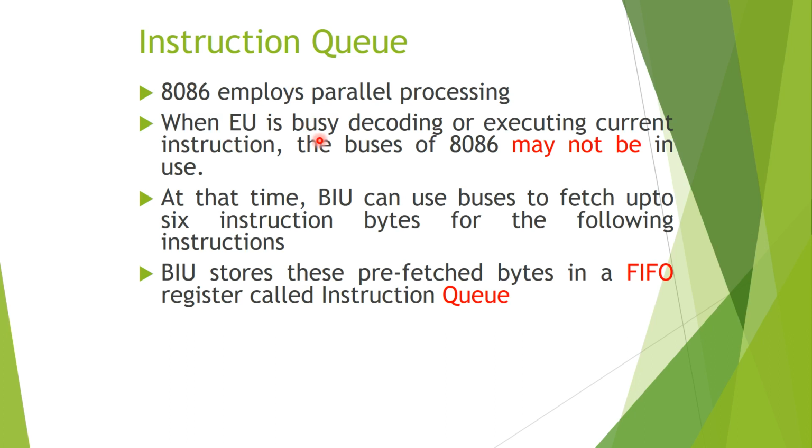ठीक है, तो जब एग्जीक्यूशन यूनिट हमारा प्री फेच्ड इंस्ट्रक्शंस को डिकोड करने के लिए या उसको एग्जीक्यूट करने के लिए काम आएगा, तो हो सकता है कि बसेस जो हैं वो हमारी यूज़ नहीं हो रही हैं, कि उस समय हमें कोई भी डाटा को एक्सेस नहीं करना है। ठीक है, तो मीन टाइम बस इंटरफेस यूनिट जो है वो हमारे कोड सेगमेंट को एक्सेस करता है और उसमें से इंस्ट्रक्शंस को फैच करता है और उस प्रीफेच्ड क्यू में उसको स्टोर कर देता है।